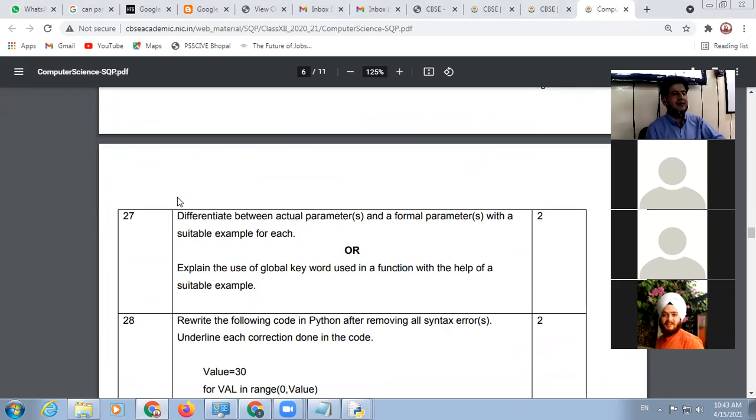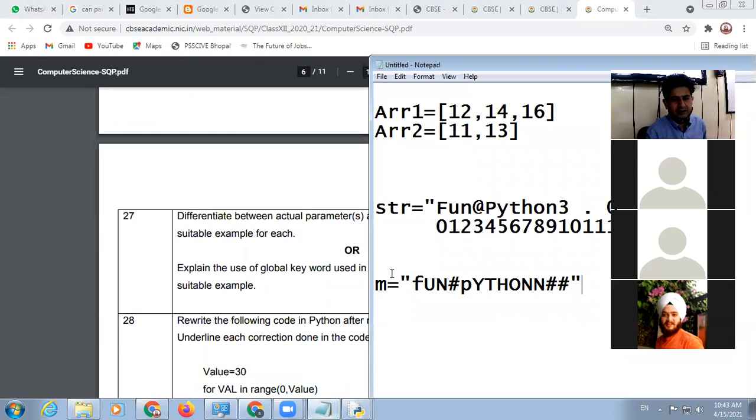Okay students, question number 27: difference between actual and formal parameter with a suitable example. So look at here.